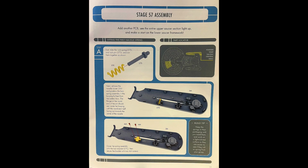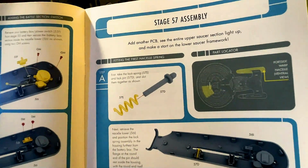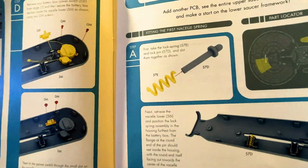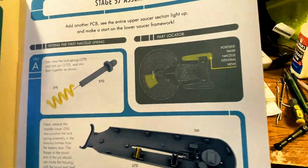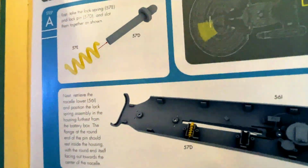On to 57. Another PCB board. See the entire upper saucer section light up and make the start of a lower saucer framework. Love it. Can't wait for that. You can see the lock pin and a spring. You can see the section we're going to be working on. And on the bottom part,